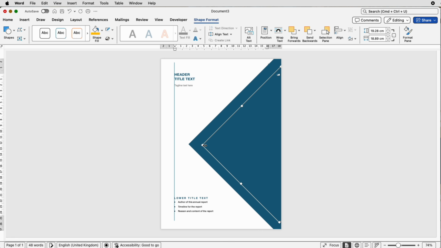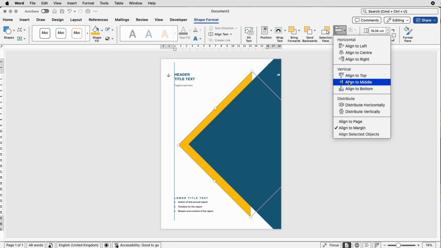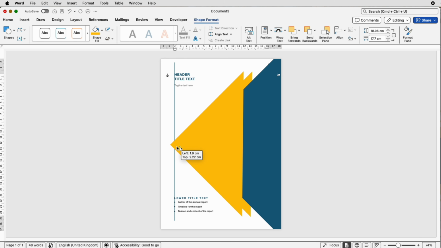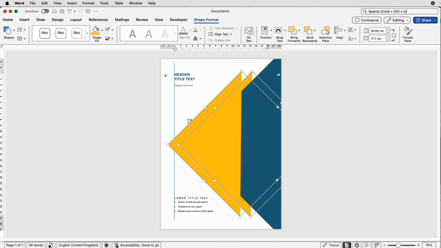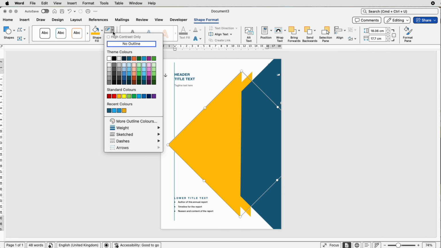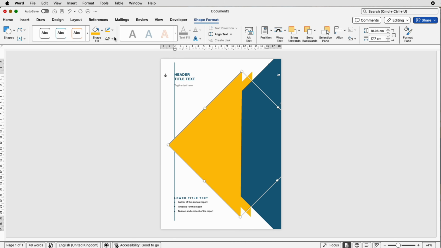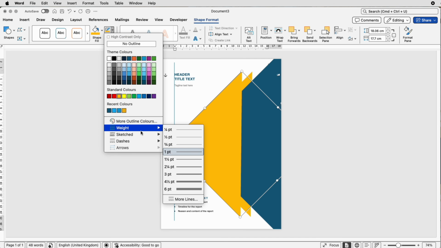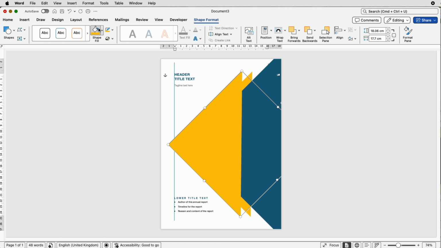And once it's still selected, just move it forward. Now you can make this as big or as small as you want, just personal preference. And again, align to middle, and then again, copy and paste this one, deselect, reselect the N1, go to outline, choose orange, outline, go to weight, and we'll select 3, go to shape